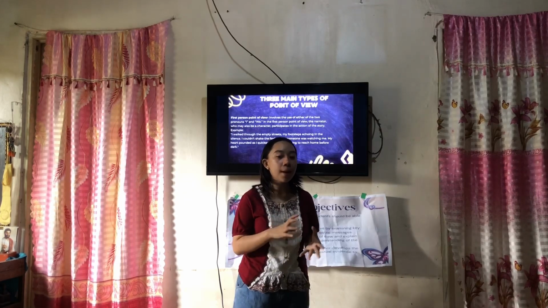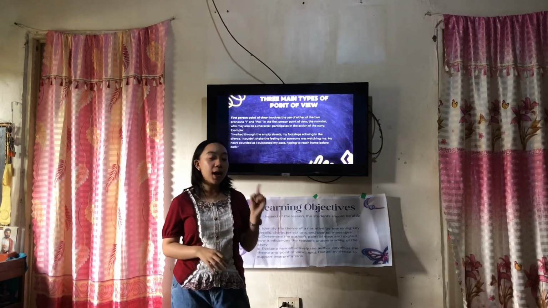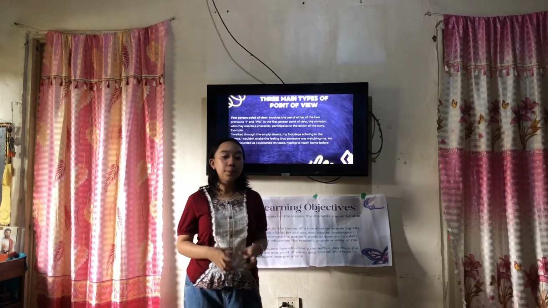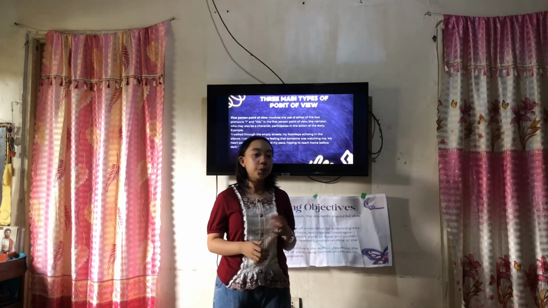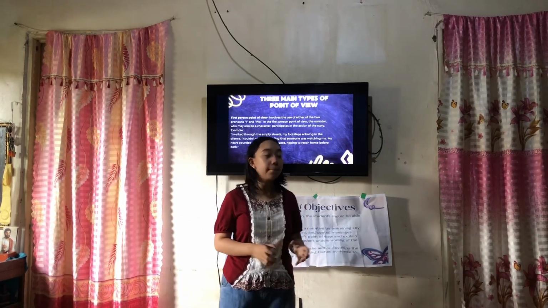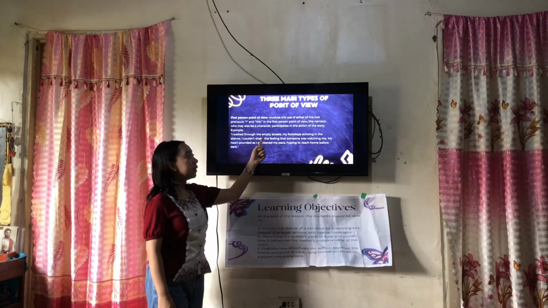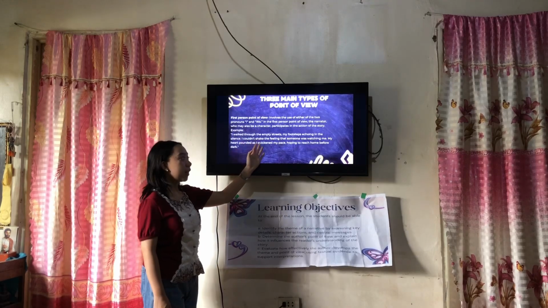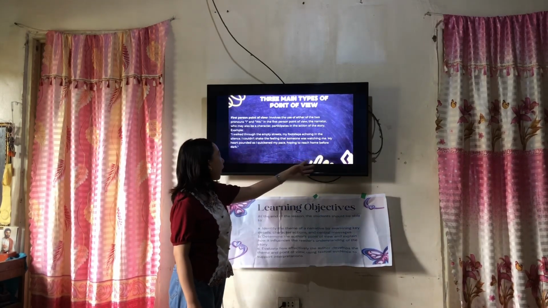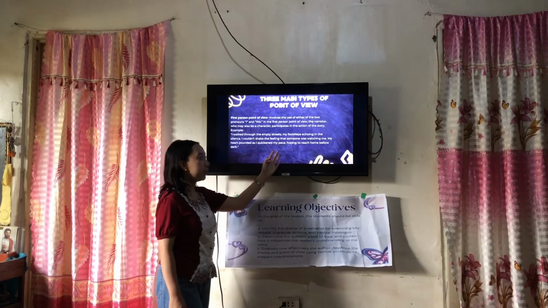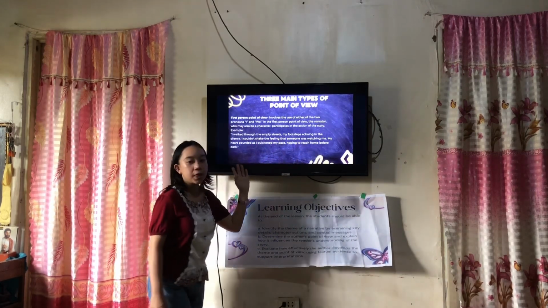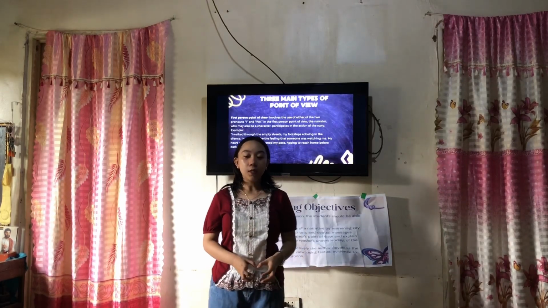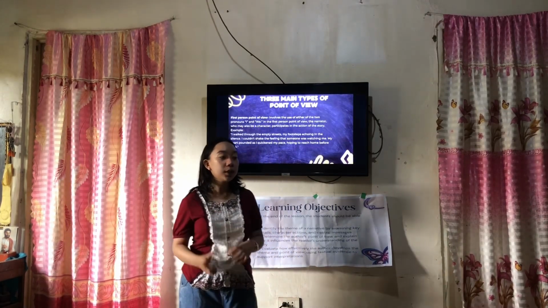her own perspective. So, the narrator uses I or we to describe what is happening, to make the story feel personal, like the reader is experiencing it through the character's eyes. For example, I walked through the empty street, my footsteps echoing in the silence. I couldn't shake the feeling that someone was watching me. My heart pounded as I quickened my pace, hoping to reach home before dark.